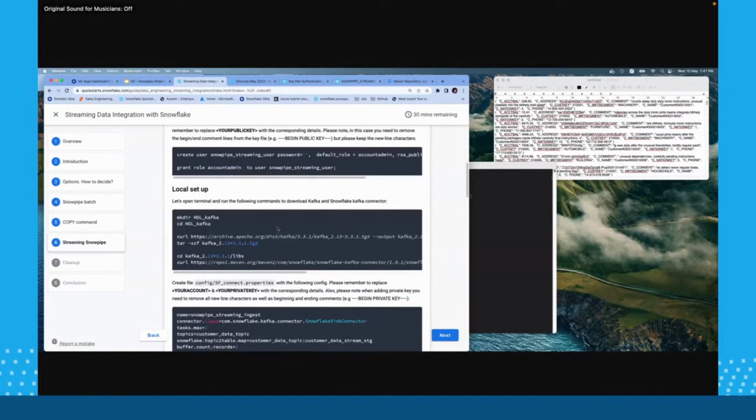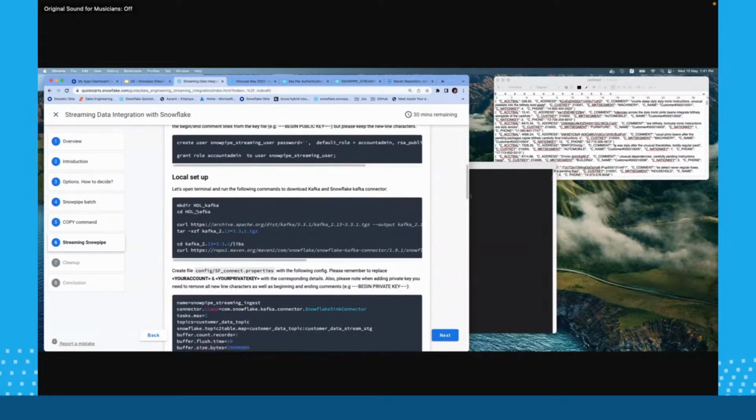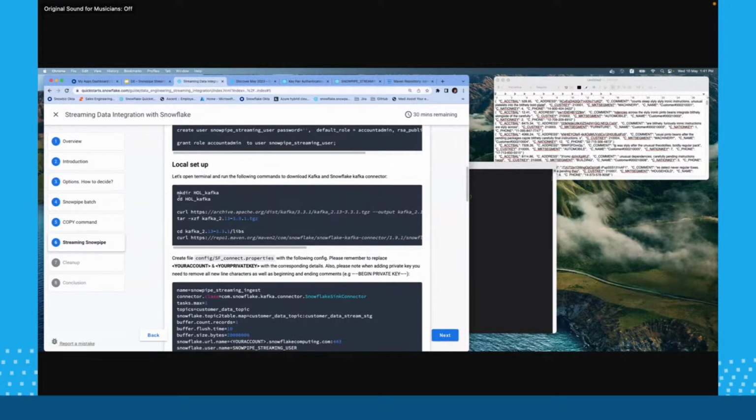I'm going to look at the Snowflake setup and how it looks. Then I have the code for the Kafka connector setup. What they're doing is creating a folder, moving to the folder, and downloading the Kafka binary. They're unzipping it, and then they are downloading the Kafka connector from the Maven repository.